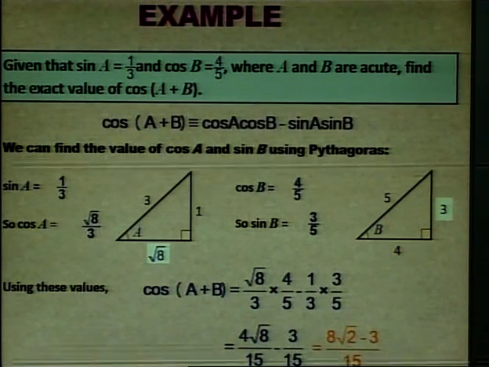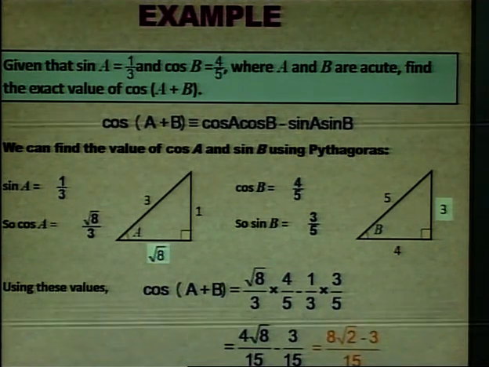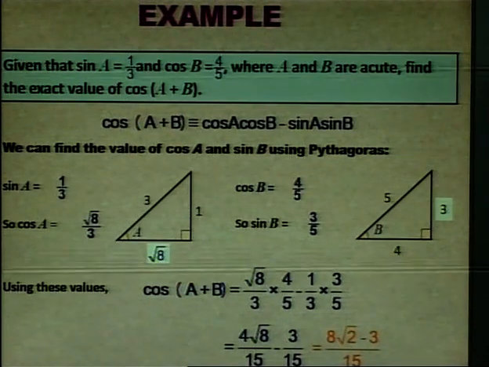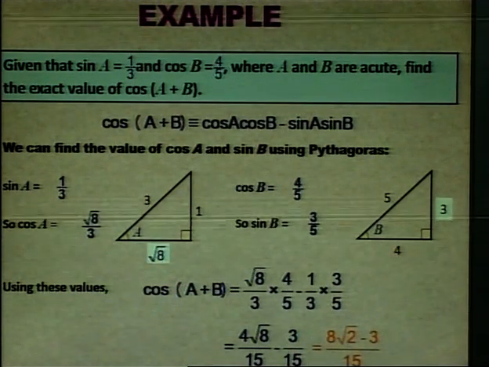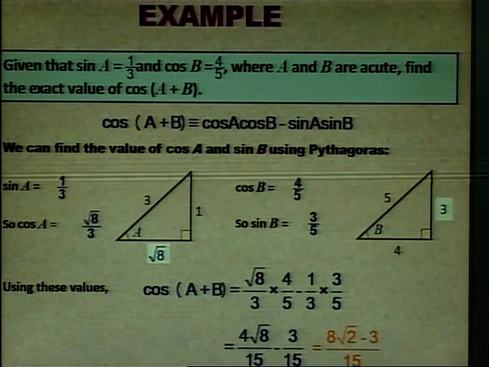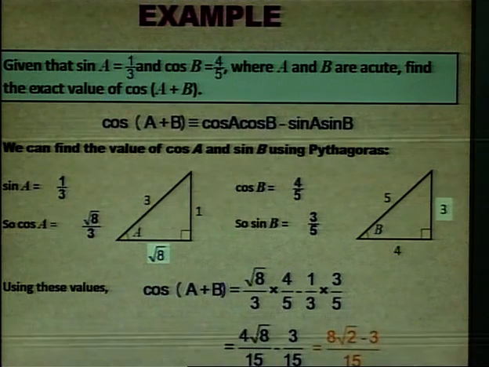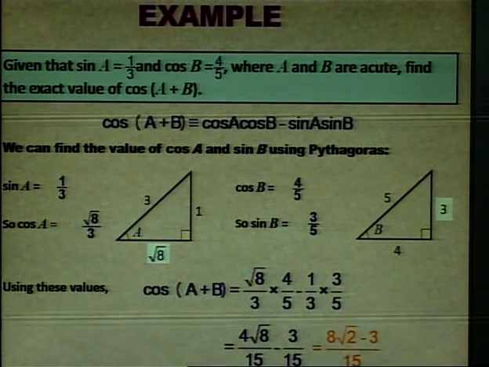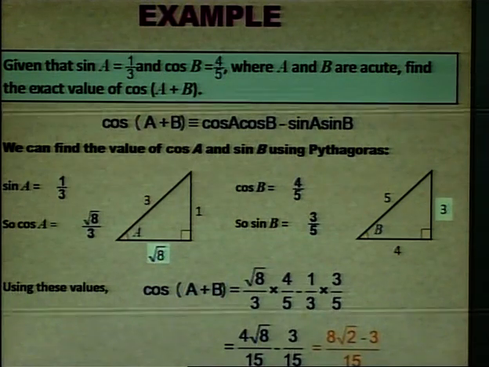cos B. So, I have taken sin A as 1 by 3 and with the help of this expression, the value immediately of cos A turns out to be square root 8 by 3 and cos B is 4 by 5. So, in that case sin B is 3 by 5. So, either you take the help of these two triangles and the help of Pythagoras theorem, or you simply apply the identity, that is sin square A plus cos square A is equal to 1. So, given sin A we can easily find out cos A, and similarly given cos B very easily sin B